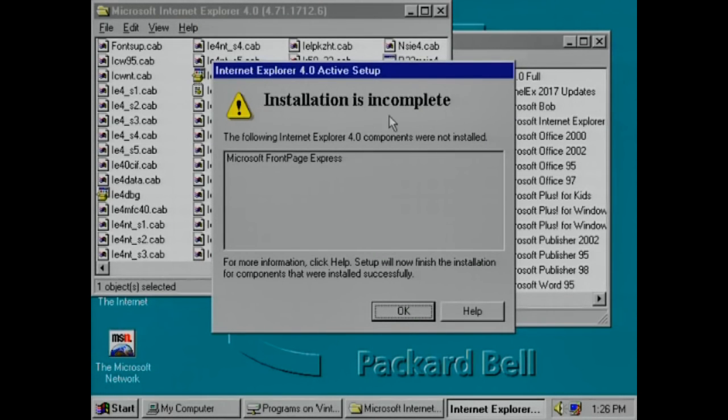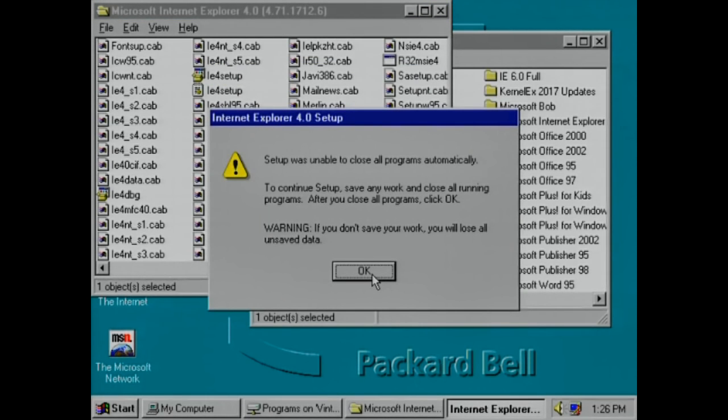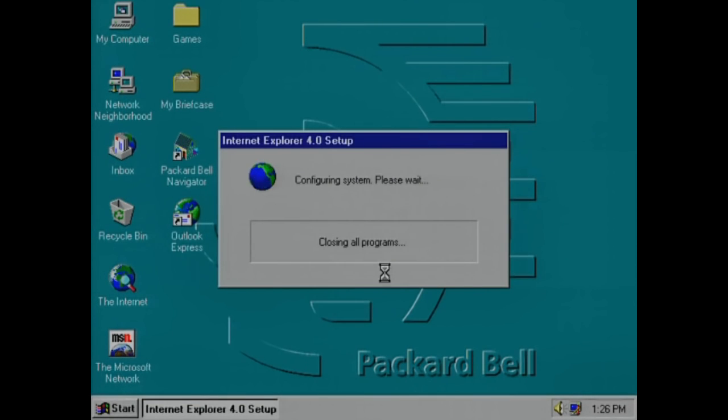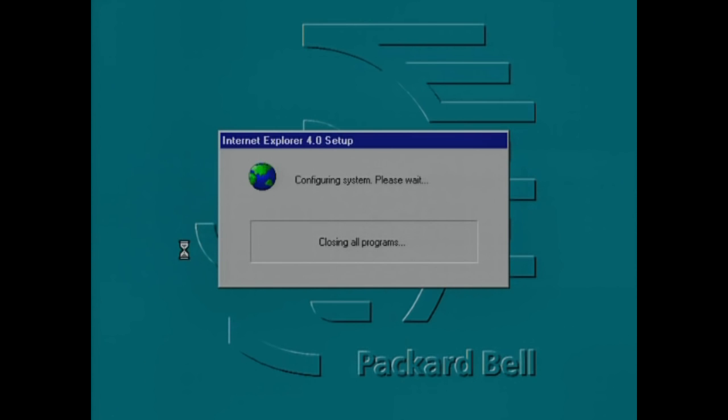Okay, wasn't able to install Front Page Express, but I think that may have been because of the later version of IE4 that we installed a while ago, leaving some bits and pieces, but anyway, we'll tell it OK. Oh, wow, it's error message galore. So I guess we'll be restarting now. We've already got our Outlook Express icon there. Well, we did, but before it went away, but